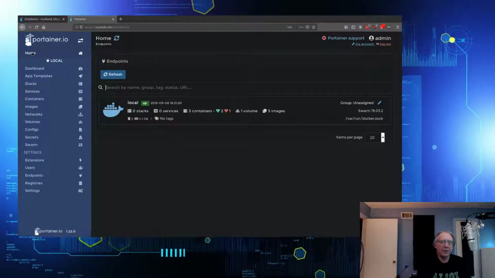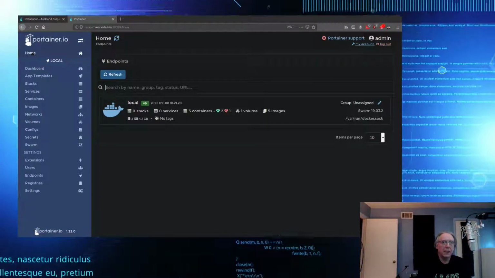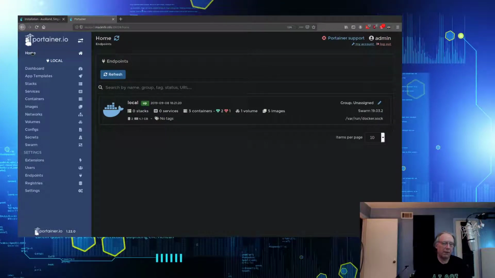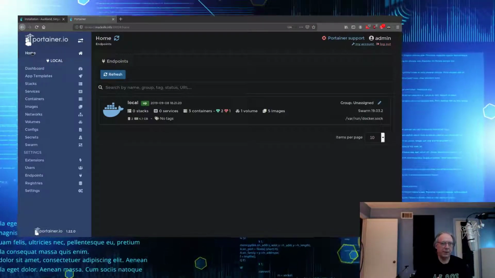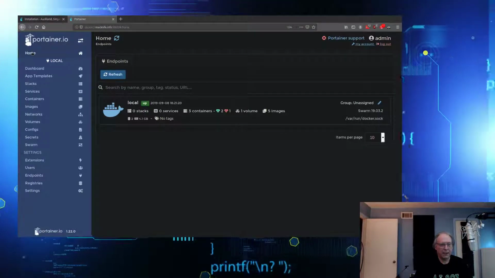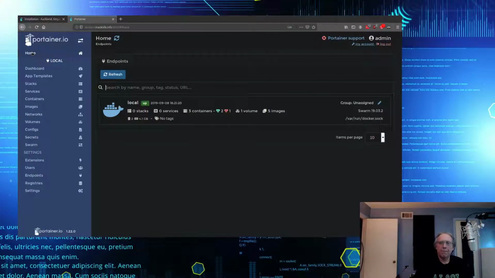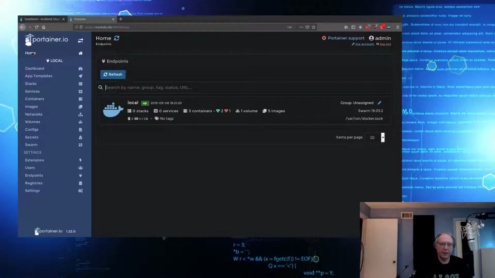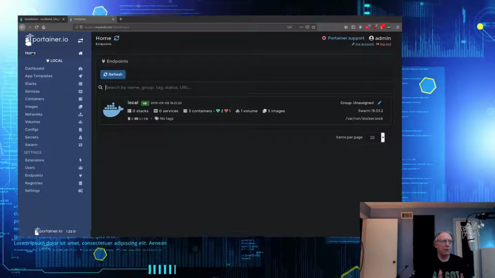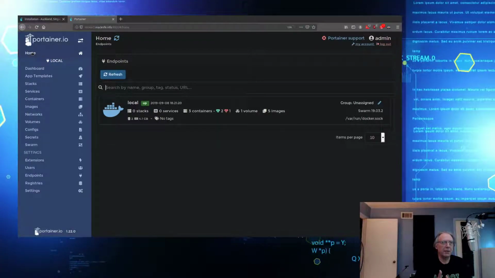If there's something in particular you would like to see, or maybe a different GUI container, Portainer does a lot. It can be very simple from a straightforward standpoint of managing images and containers on a single client, single Docker engine, to very complex to managing an entire enterprise. And it can manage swarms, it can manage stacks, it can manage services. So it's a very nice middle road kind of an application, probably useful in a development test environment more so